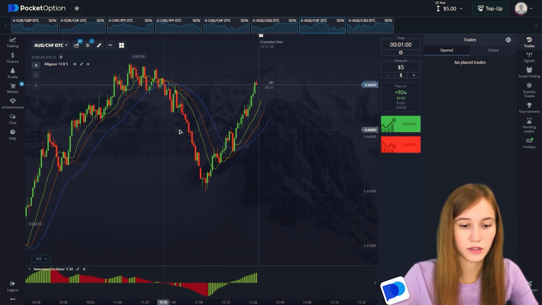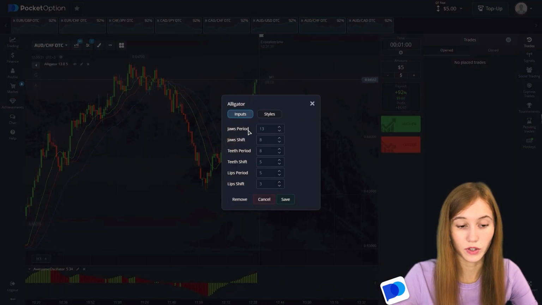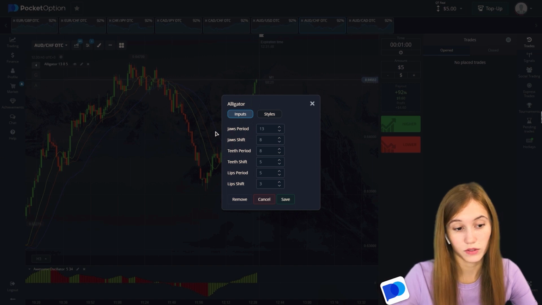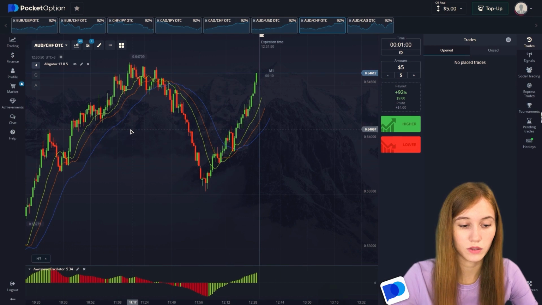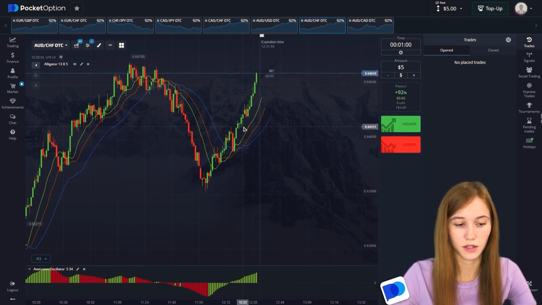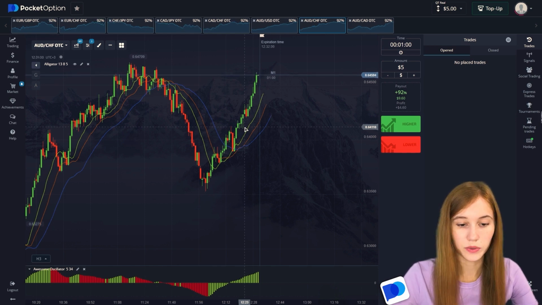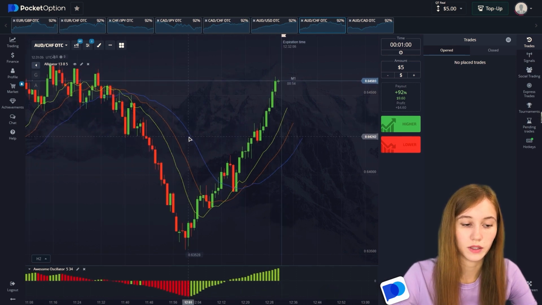The first one is the Alligator, located on our chart. Its parameter values are here, but the standard settings are suitable for most time frames. Also, don't be afraid to play with the values. The Alligator is located on the chart and it reflects the state of the market at each moment in time. It shows when the market is flat, and when the market is in momentum, and when the impulse begins and